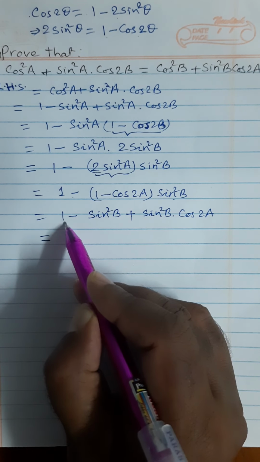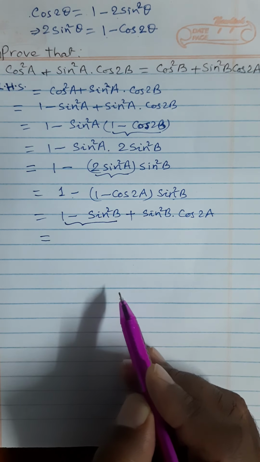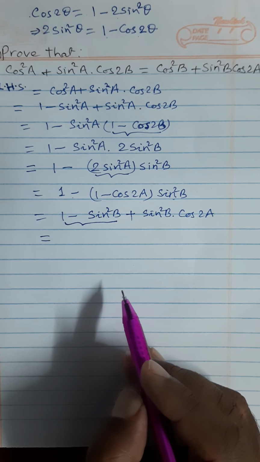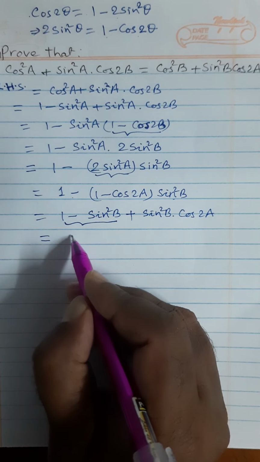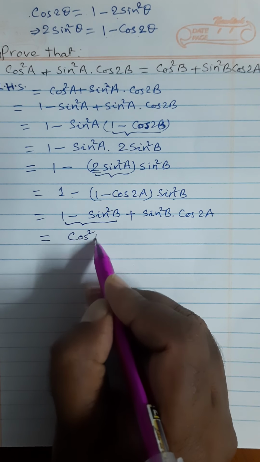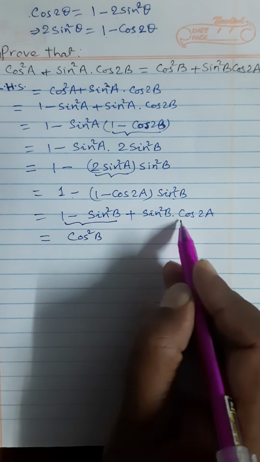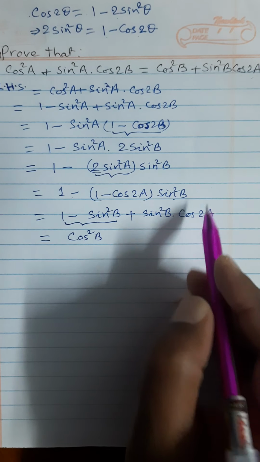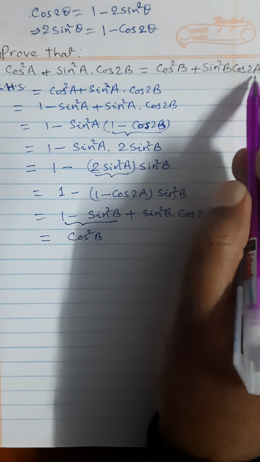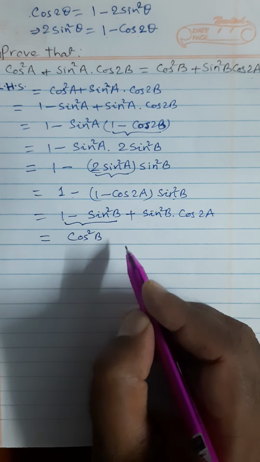This 1 minus sine square B formula is cos square B, because you know that the cos square theta formula is 1 minus sine square theta. So 1 minus sine square B is cos square B, and this is the same as this, so we can copy without changing this, because we have got what is needed in RHS. So while proving